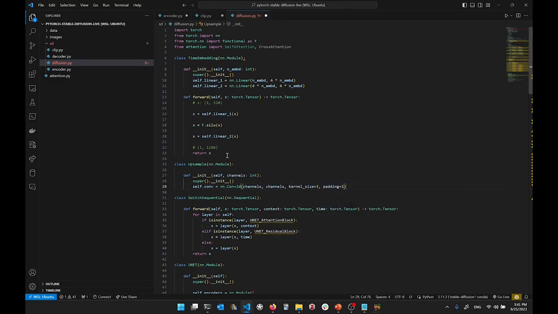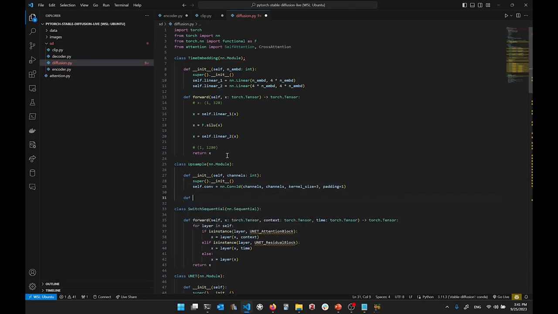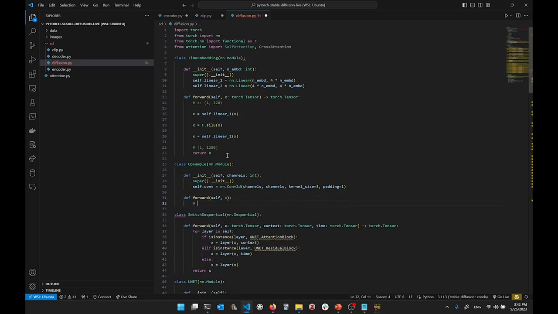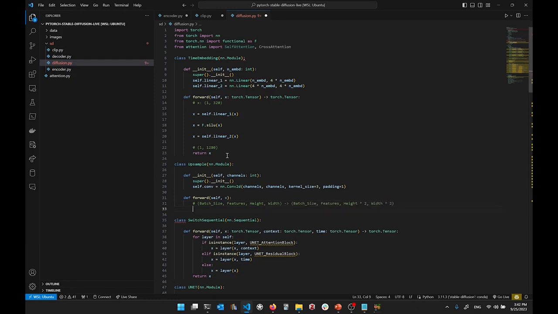And this also doesn't change the size of the image, actually. So we will go from batch, channels or features, let's call it features, height, width, to batch size, features, height multiplied by 2 and width multiplied by 2. Why? Because we are going to use the upsampling. This interpolation that we will do now,